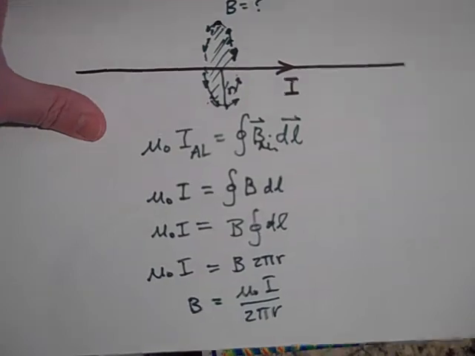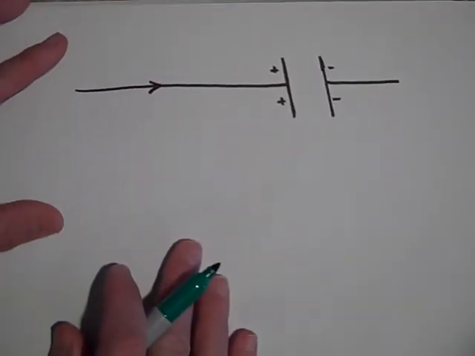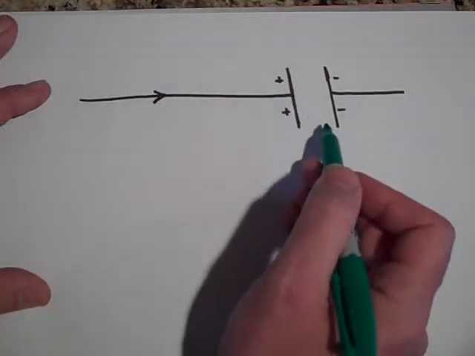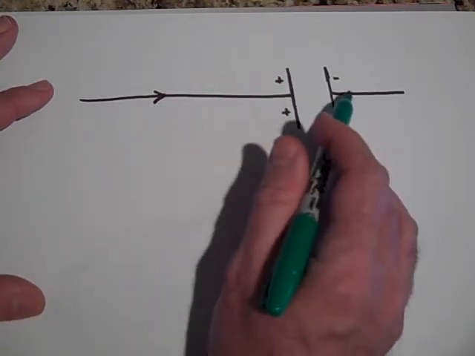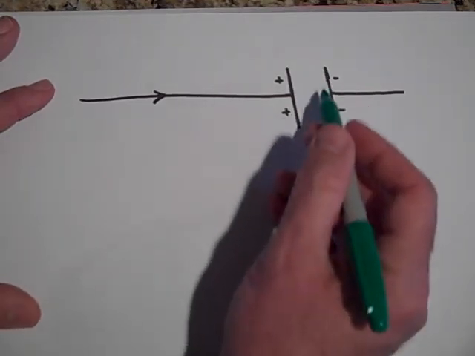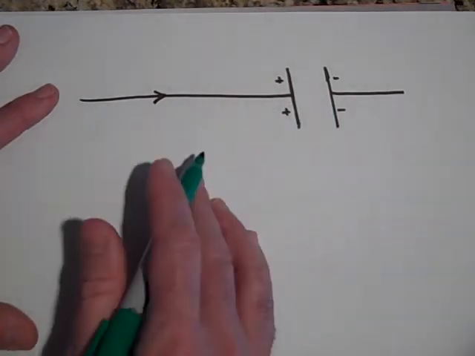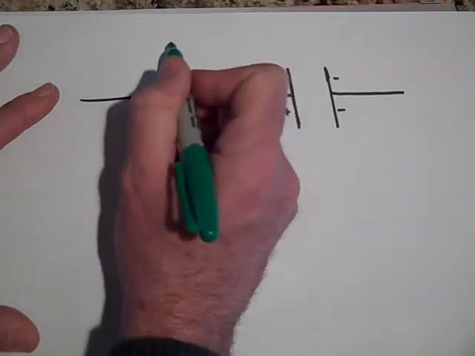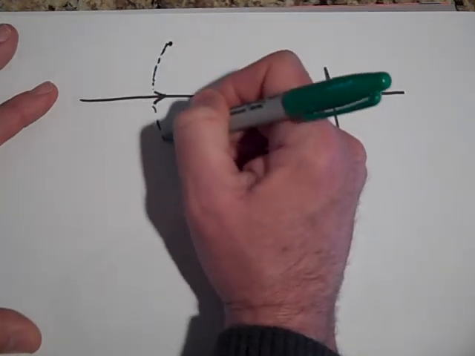But here's the thing: what if you had a situation like this, where there was a capacitor, and it was charging up, so the current was flowing through here? Now, current doesn't flow through a capacitor. The charges go onto the capacitor, but they don't go through it, because this is an insulator, whether it's air or a dielectric of some sort, wax or paper or something. But look, when the current is flowing, there is a magnetic field here, and if I put my Amperian loop there,